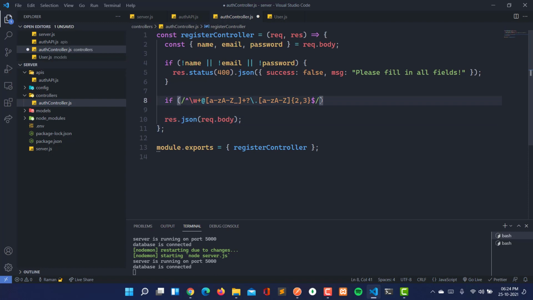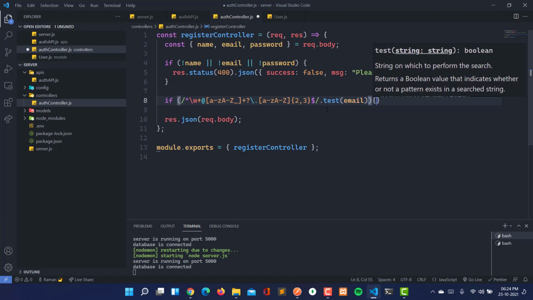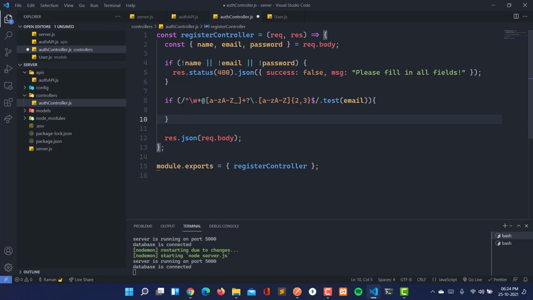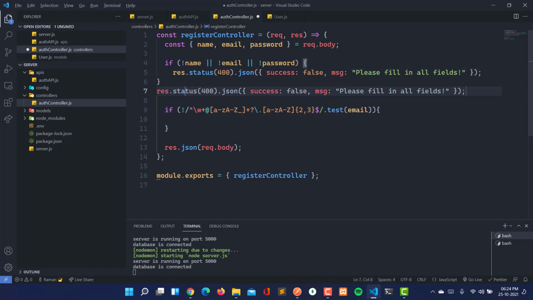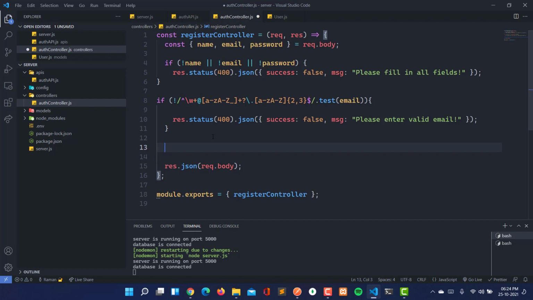I have copied this regex from the internet only, and here I'm going to write .test, or you can write .match is also there, but I'm going to use .test. Now here I'm going to test the email. If it is not true, that's why I'm going to write not here. Then we are going to send the response and write: please enter valid email.